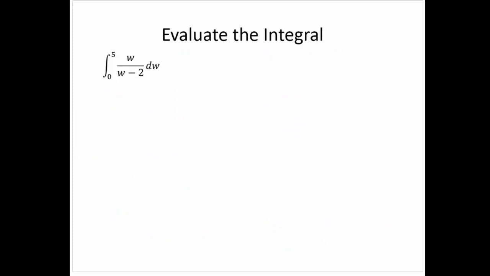All right, now for our last example, let's consider the integral from 0 to 5 of w over w minus 2 dw. Now, this looks fairly innocuous, fairly normal, but notice that there's an issue here with the domain. Notice that w cannot equal 2 in this integrand, because we would have an infinite discontinuity. All right, so let's make that note that we have an infinite discontinuity